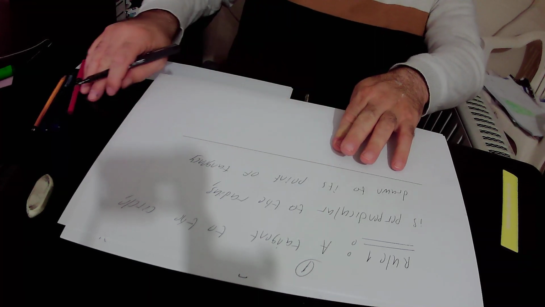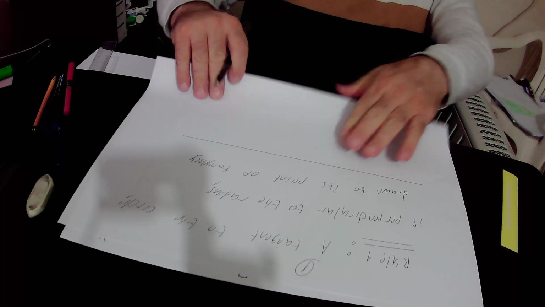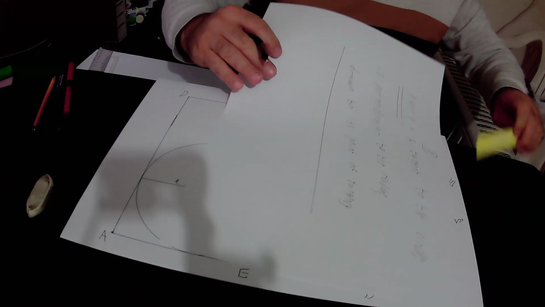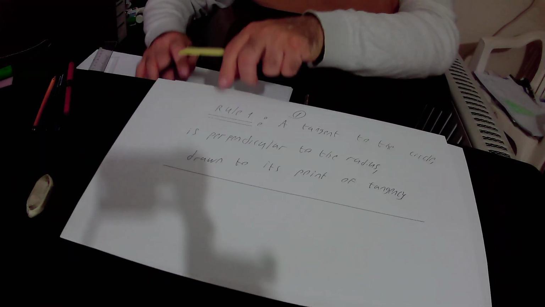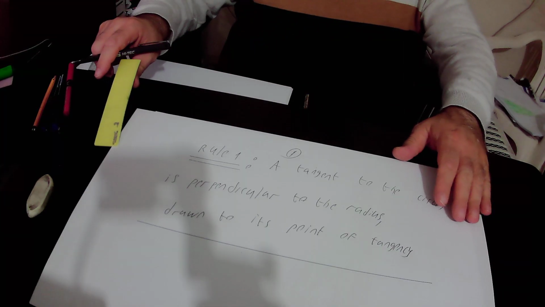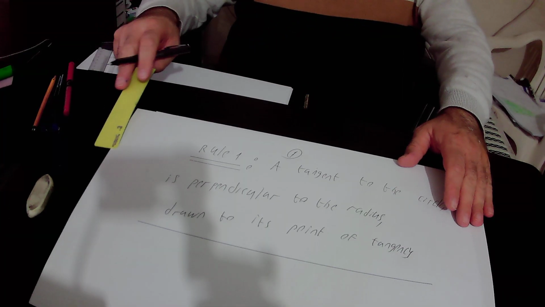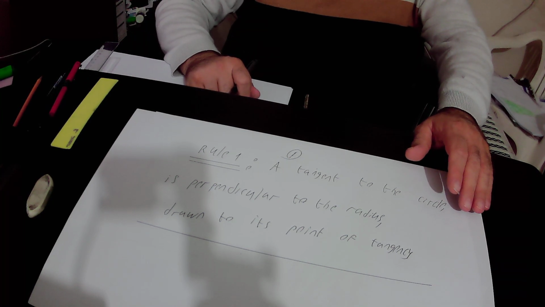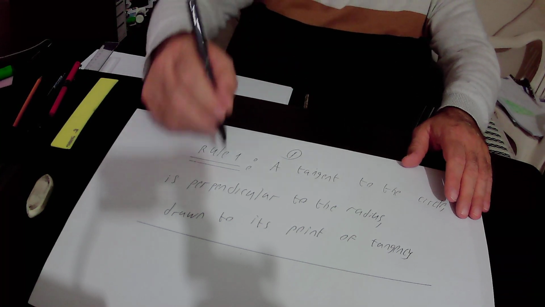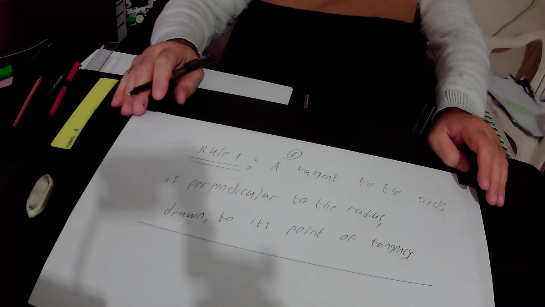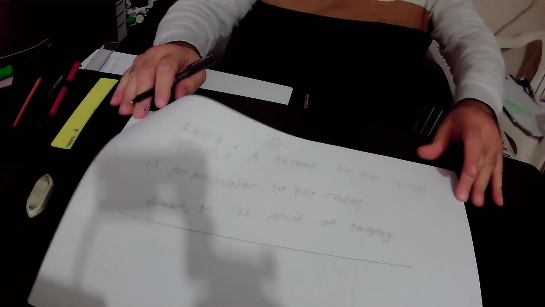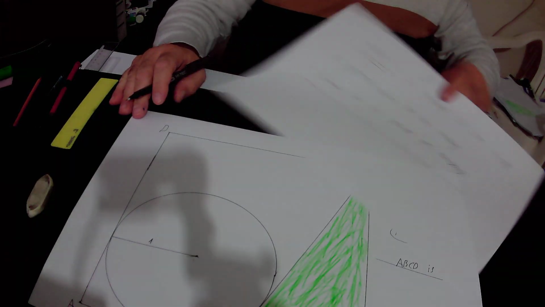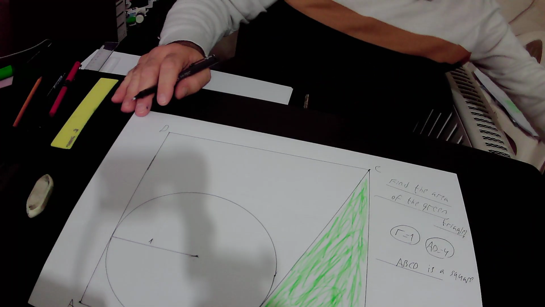So I will read rule number 1 again. Rule number 1 states that a tangent to the circle is perpendicular to the radius drawn to its point of tangency. So what is the meaning of rule number 1? The meaning of rule number 1 is that if you have a circle,